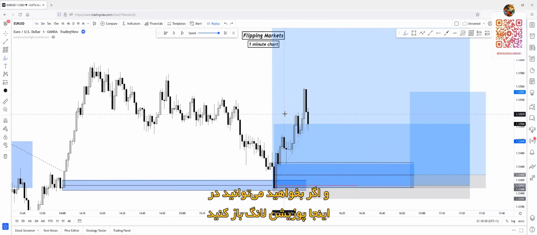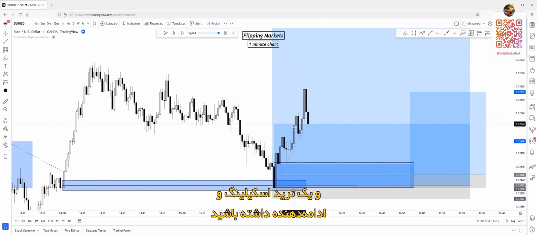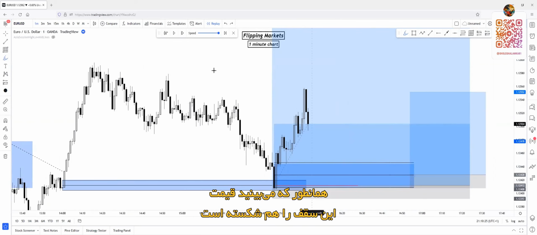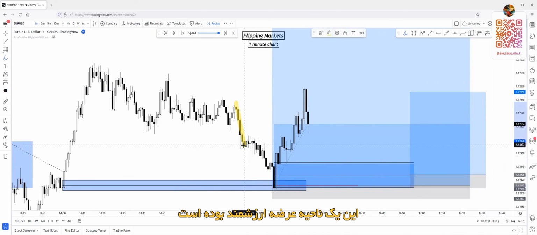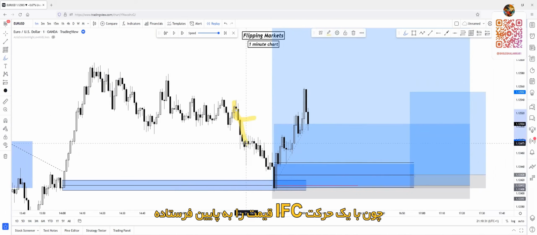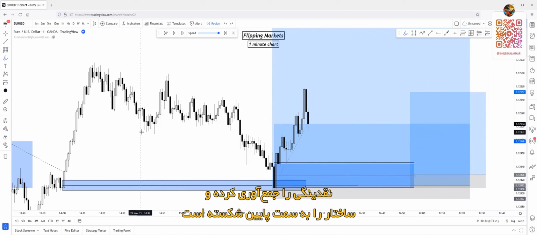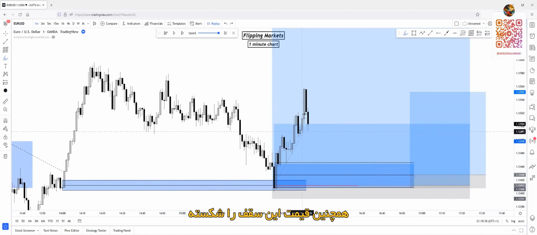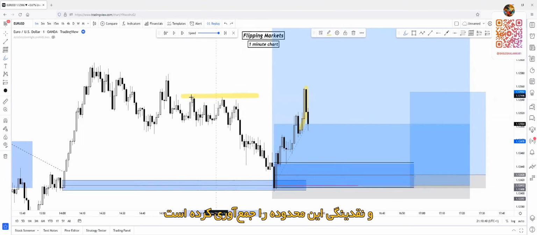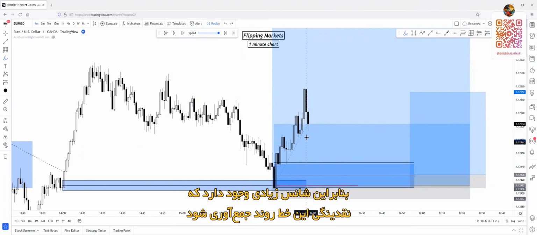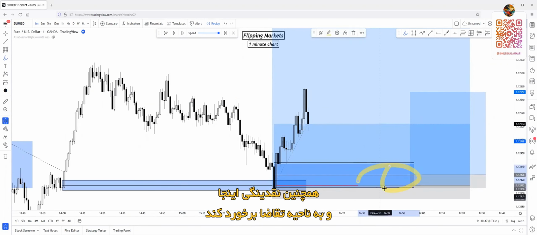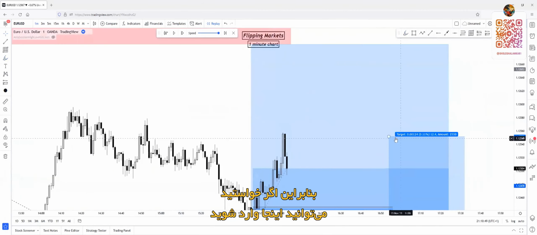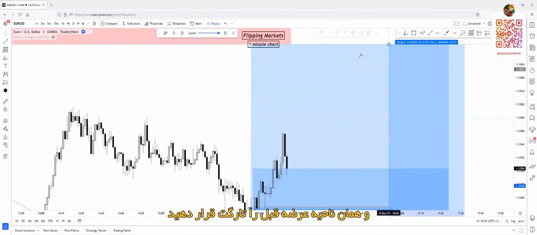So if you'd like to, you can enter a long trade here, a scaling trade, a continuation trade, because as you can see, price actually broke this high too. This was a really valuable supply zone here because it created an inefficient push to the downside, swept this liquidity, broke structure to the downside, and price actually broke through this high point and swept liquidity from here. So yeah, it has a great chance to sweep this liquidity and sweep this liquidity also and tap into this zone. So if you'd like to, you can enter a trade right here and you can target the same zone